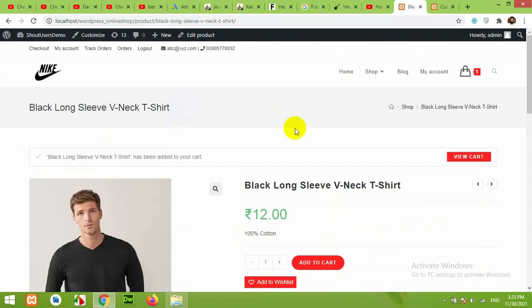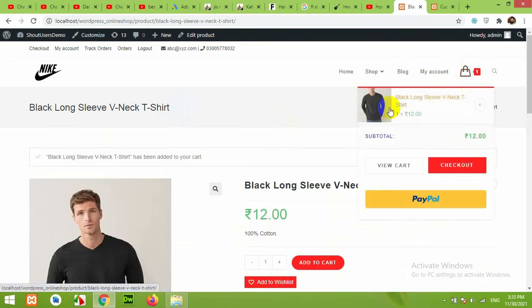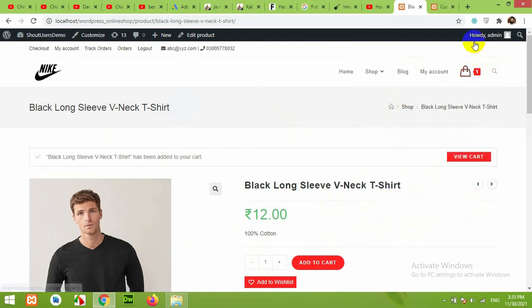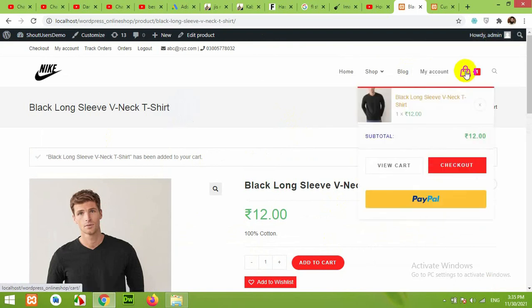Now when the product is added to the cart, you can see that there is one product in the cart, but when you hover over this icon, you can see the contents of the shopping cart. You can go directly from here to the cart or checkout, or you can directly click on PayPal if you chose this option in your payment options.